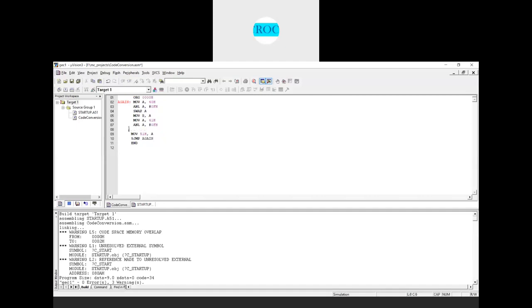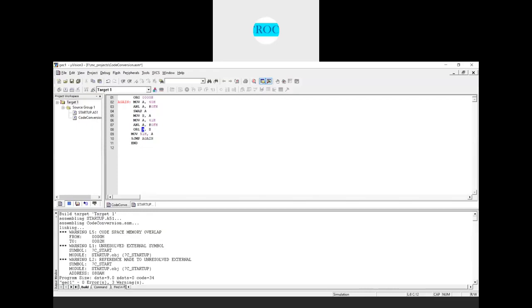Next I do ORL A, B. A is having 09 and B is having 20. When I perform an OR operation, if any one of the bits is high, the output is also high; we know the truth table for OR operation. So in the accumulator we have 29.